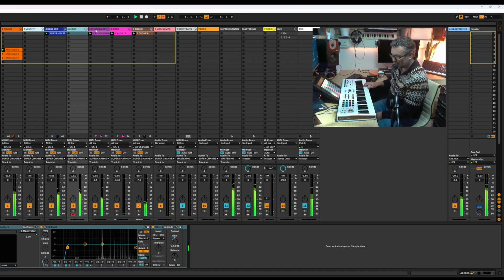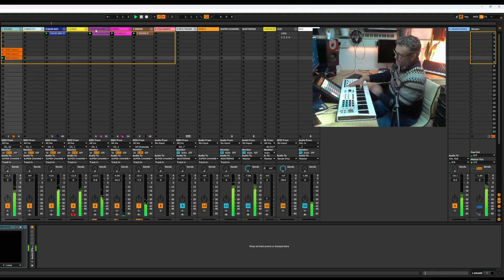I had the wrong track selected. And this is where I can bring in a different drum. And then the knobs along the top is, like I said,